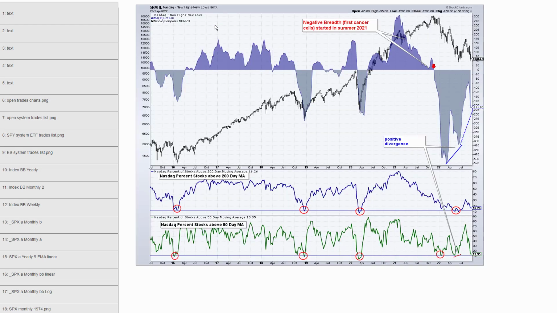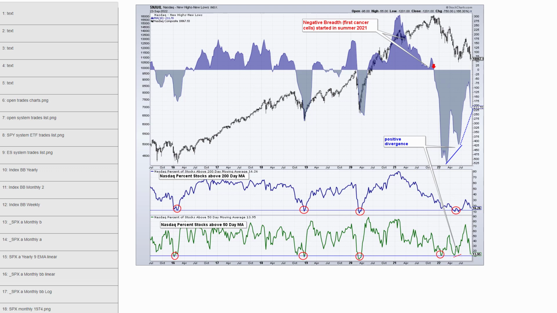Next. Chart 41. Here's another chart someone asked me to look at. This is the highs minus lows. They asked me if there's a divergence here. There is. You can see last time we had a nice divergence at the June, July lows, where the indicator was making a higher low. So right now we have the same thing. If the NASDAQ makes a new low here, this indicator will likely be quite a bit higher. So you do have a technical divergence here.